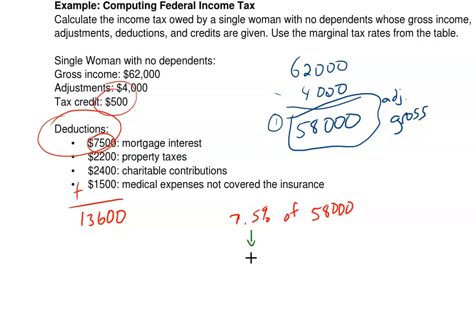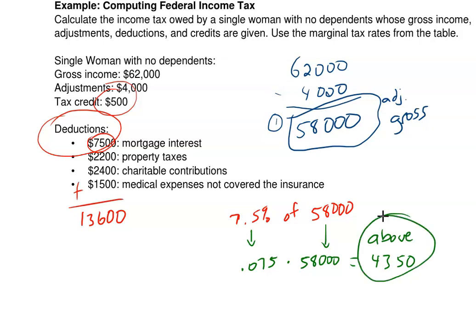You convert this to decimal form. We talked about this in 8.1, I believe. And then you multiply. Right? And then we're going to get, so I actually used the wrong one before, so 58,000 times 0.075, and we get 4,350. So we can deduct any medical expenses above 4,350. So if we had $5,000 in medical expenses, we could deduct $650 off of our adjusted gross income